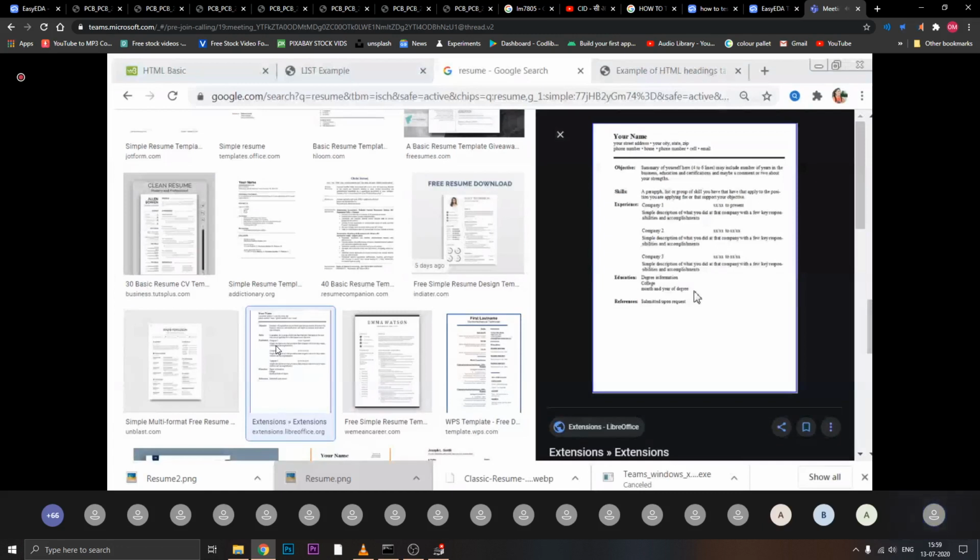Is it okay, ma'am? BDS students, ma'am. You have to submit the attributes as well as the tags onto the Google Drive, and you have to create your own resume by using the basic tags. For B division students, do we have to submit family information also and the resume also, or only one?